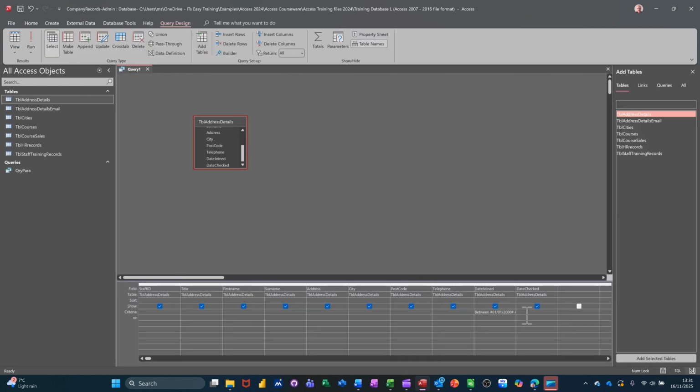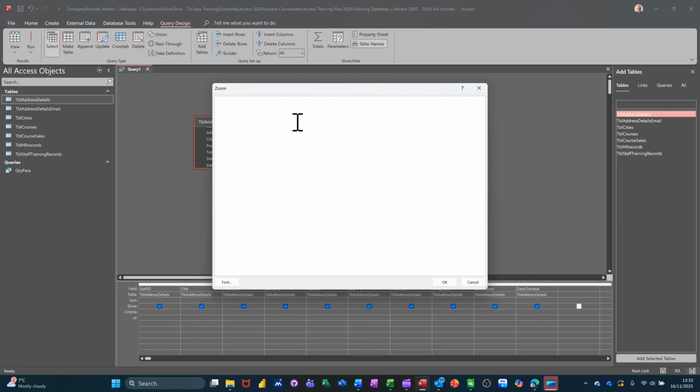Because a better way of doing that and a more dynamic way than doing that would be to use a parameter query in there. So what you can do is use a parameter query. So down here, I'll do Shift F2 again to zoom up so you can see. You type between and then open a square bracket and you type a prompt for yourself, which in this case is going to be enter the first date, close the square bracket, and then do and open the square bracket again and type